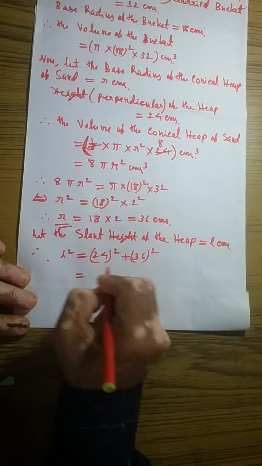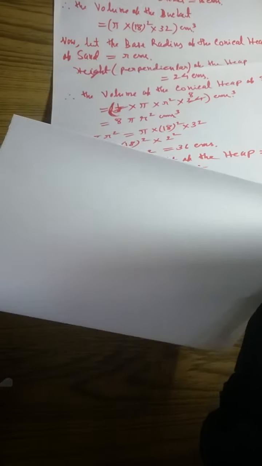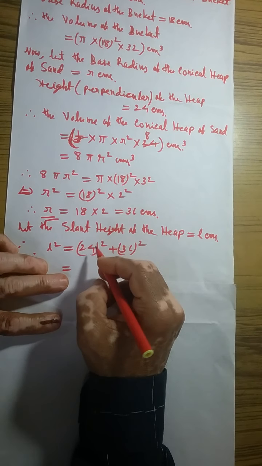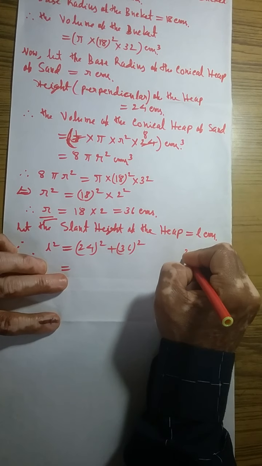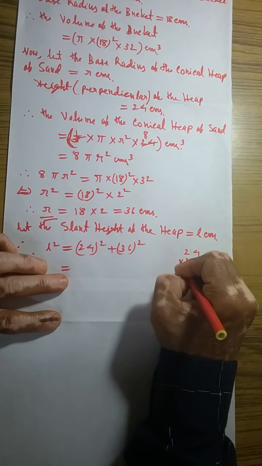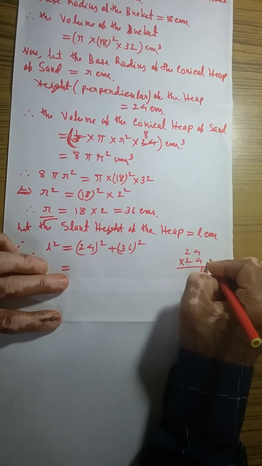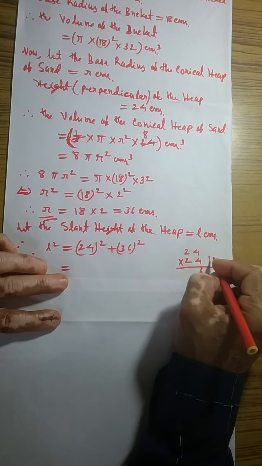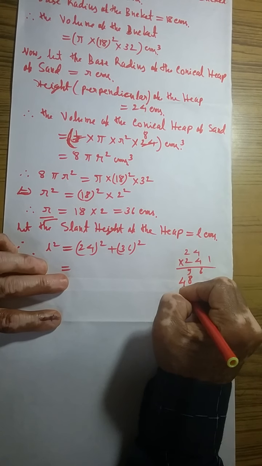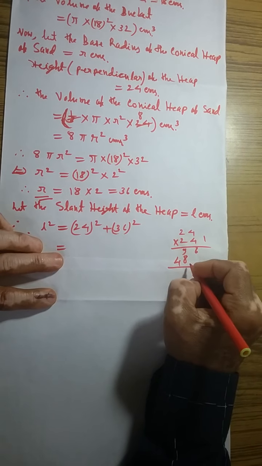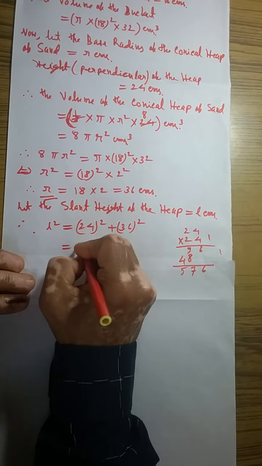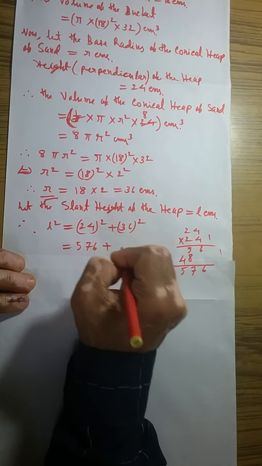So this is again equal to, we should actually try to memorize the square of 24. If we can't, we have to proceed in this way. 4 4s are 16, 4 2s are 8, 9 here, 2 4s are 8, 2 2s are 4, 6, 7 here, 576. Plus,